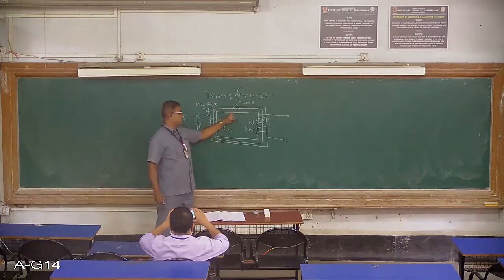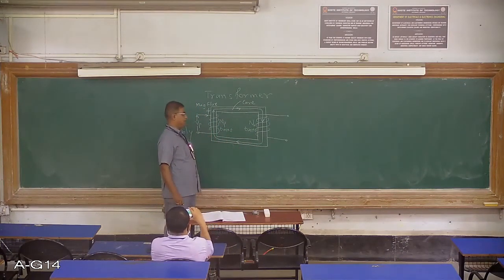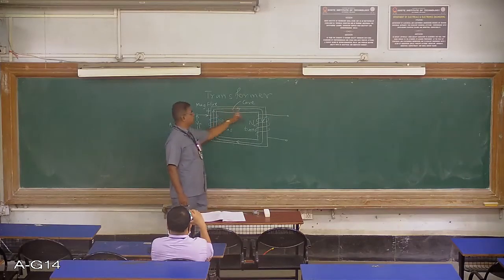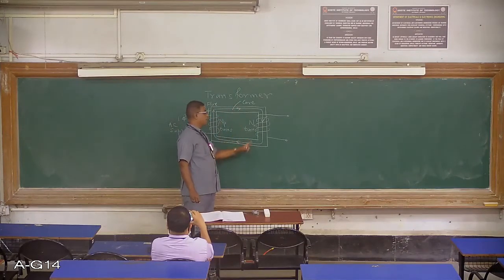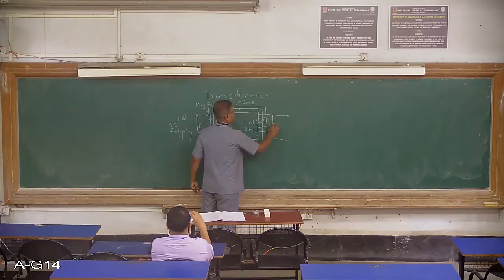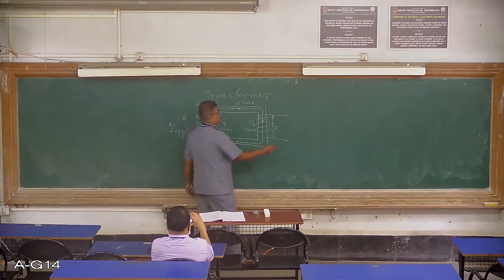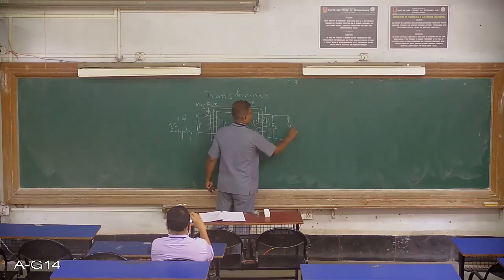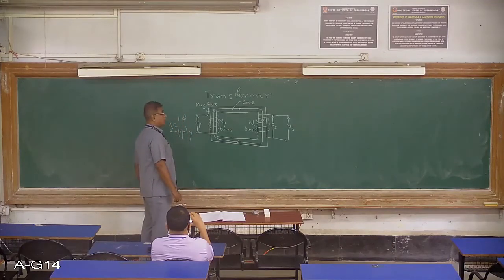The flux produced in the primary is linking with the secondary through mutual induction. The flux linked with primary is linking with secondary. Flux is alternating in nature. Therefore, the flux produced in primary linking with secondary, which is changing in nature, will produce a mutually induced EMF called ES in the secondary. This ES itself will appear as the secondary voltage Vs.